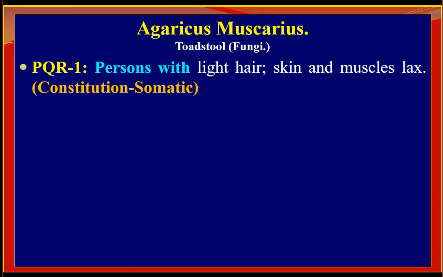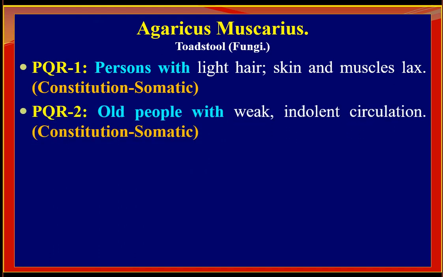So let us go for the first PQR. It is persons with light hair, skin and muscle lax. It tells us about the constitution part or somatic features of Agaricus Muscarius. Second redline symptom is old people with weak indolent circulation. Again, it tells us about the constitution of the subject, and here it is specifically dealing with the subject who